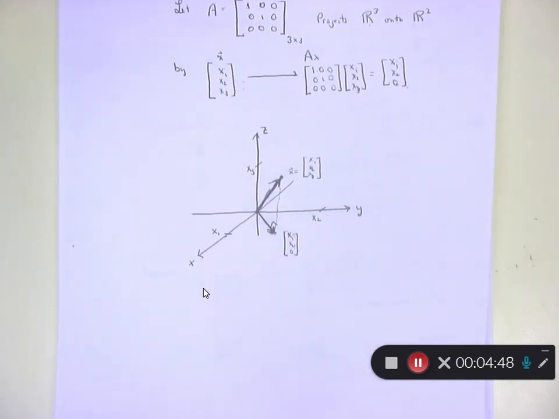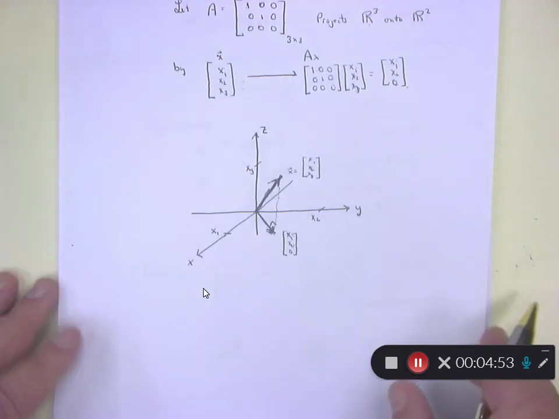So here's an example of what linear transformations can do for you guys. Okay, so continuing on,